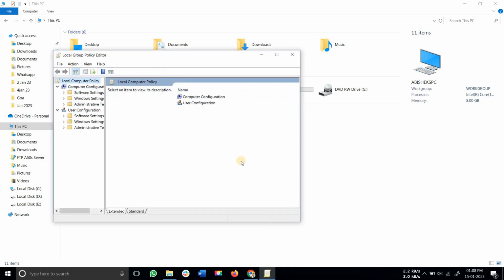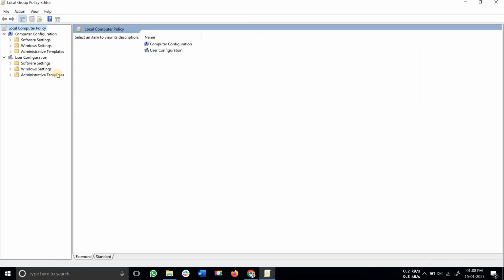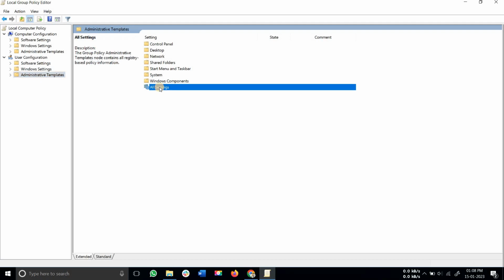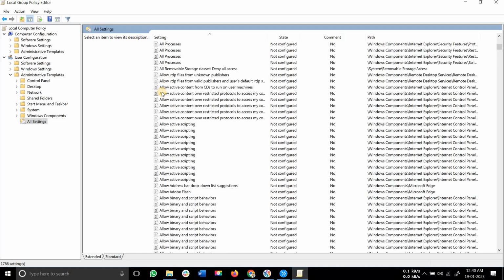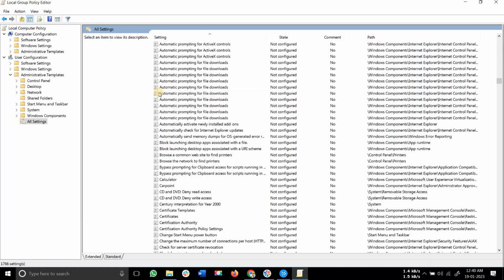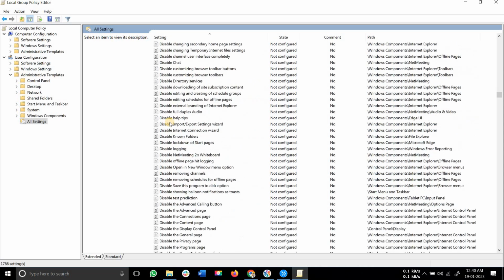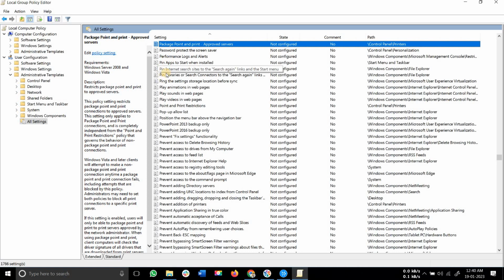While opening this, go to User Configuration, then Administrative Templates, then All Settings. In all settings, lots of settings are there, but we have to search for one. Press the P button so that you can access